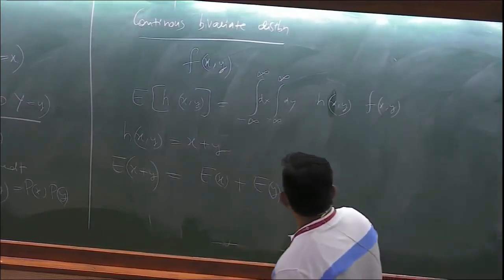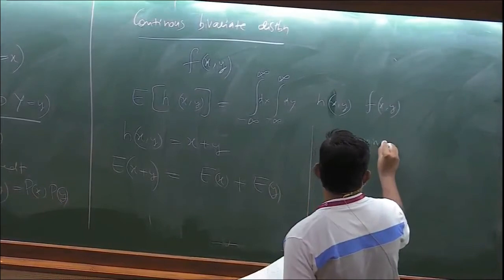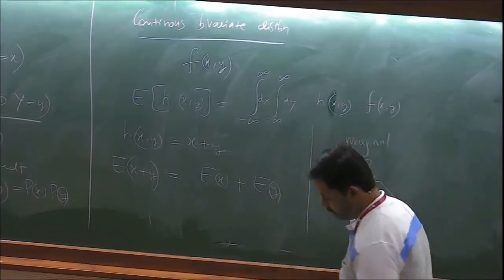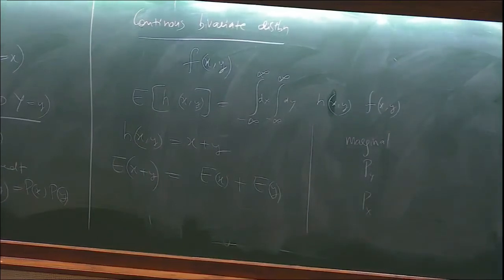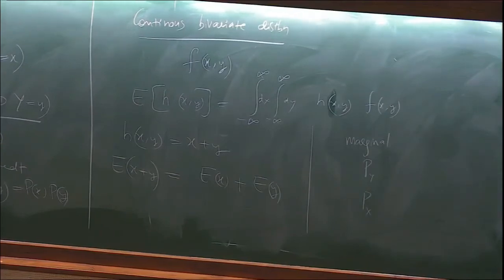And one can, as I discussed earlier, work out the marginal distributions as well. That is, averaged over x, one can find the marginal distribution for y, or averaged over y, one can find the marginal distribution for x. However, in the case of multivariate distributions, just the marginals will not tell you the full information. You need to give the full distribution. Also, you can't easily draw a multivariate distribution. It's really a surface in 2 dimensions.